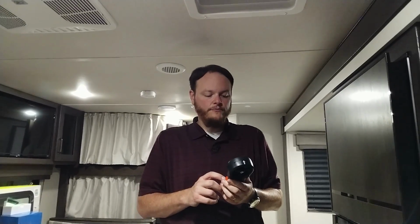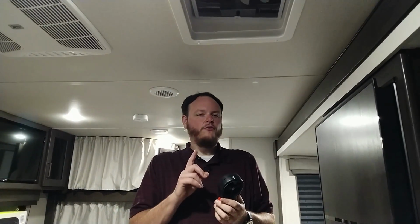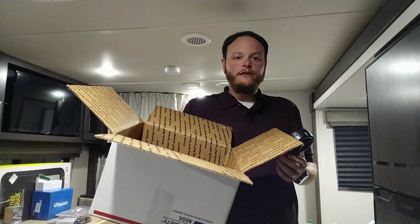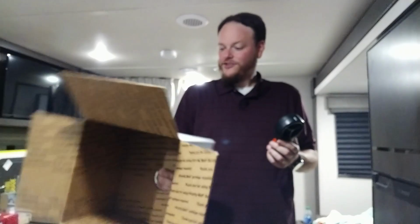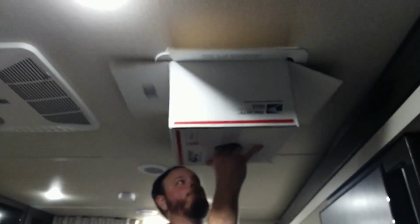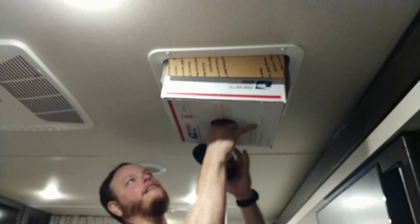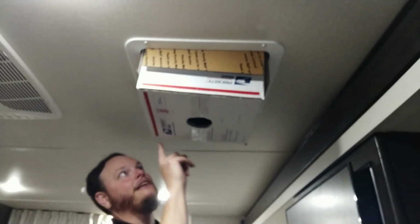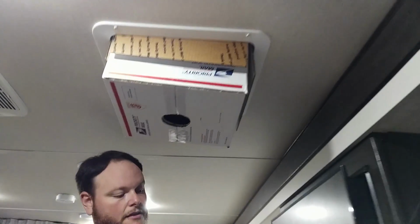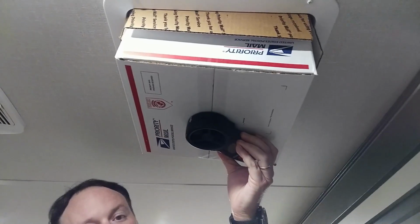So I want to capture all the air coming through it if at all possible. So I thought of a way to do that, and that involves a free box. A box. This is just a priority mail box from the Postal Service. It actually happens to fit perfectly. That's funny, if you leave the flaps on the outside. And I cut a hole in the bottom so that this can actually sit right there, and we can do